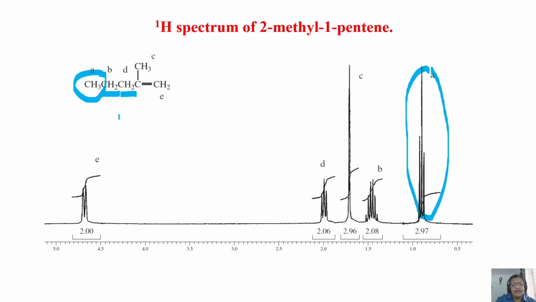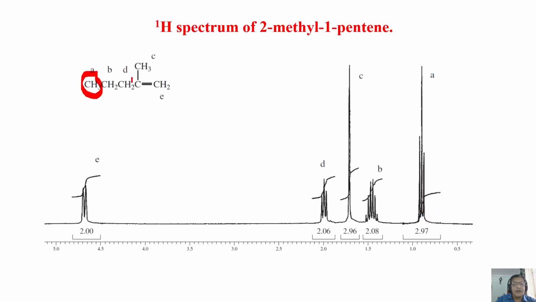As a consequence, this CH2 will be split into a quartet because of this CH3. Remember, it will split into a quartet because of the CH3, and further it is going to be split into a triplet because of the CH2. So this CH2 will be a triplet of quartets or quartet of triplets depending upon which coupling is larger. That we have already analyzed. We have a multiplicity pattern, how it comes. We have discussed it long back. So what is that complex multiplicity pattern? You see here. This has to be proton B. So A is assigned, B is assigned.